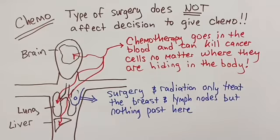So this is a brief overview of some of the differences between lumpectomy and mastectomy surgery that can affect the choices you make. I do explain the individual surgeries a little bit more detailed in some of my other videos on the channel,